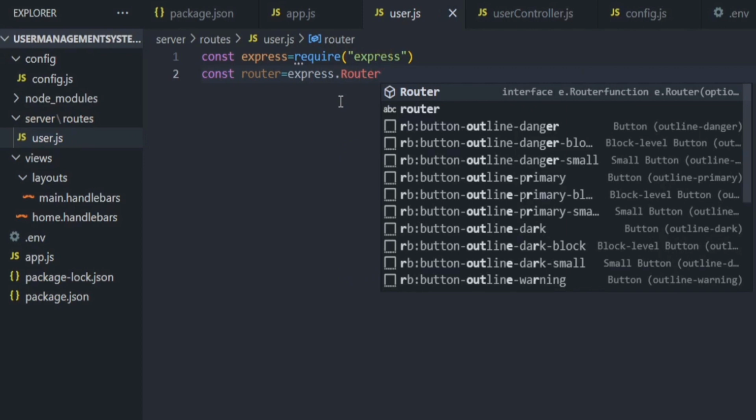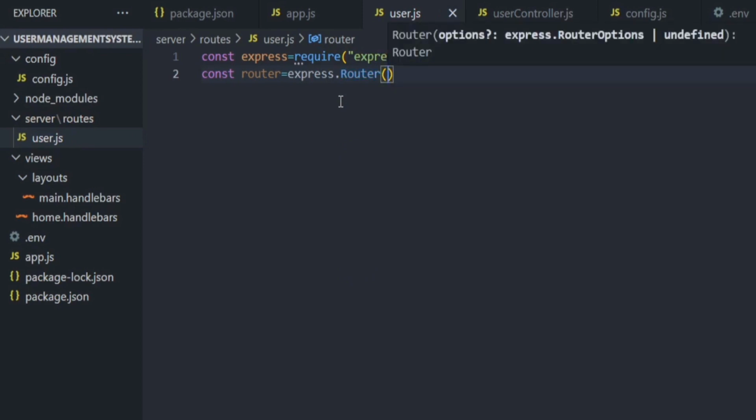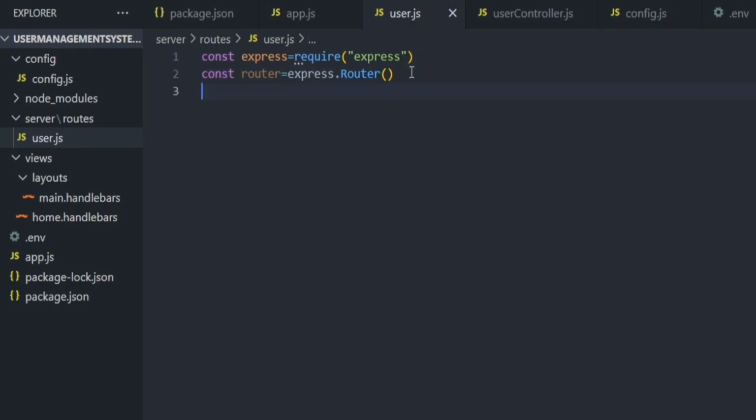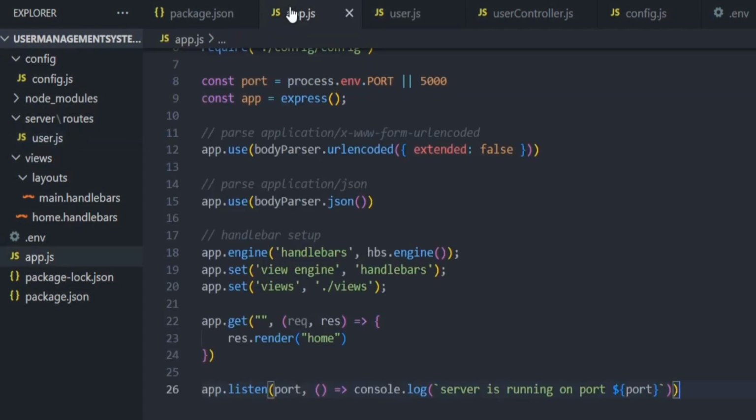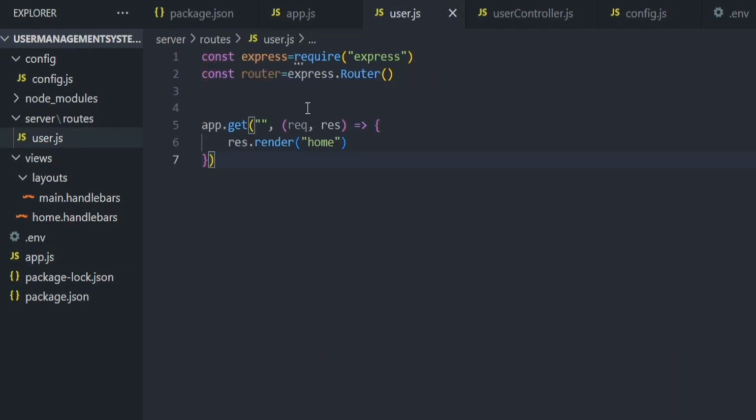Router is a function of express. So right here double parenthesis, and now you can simply copy the routes from app.js, copy this particular code, and paste it here, and instead of app we can write here router,